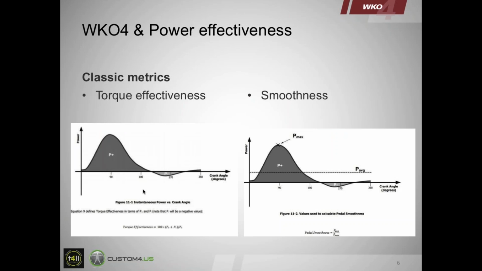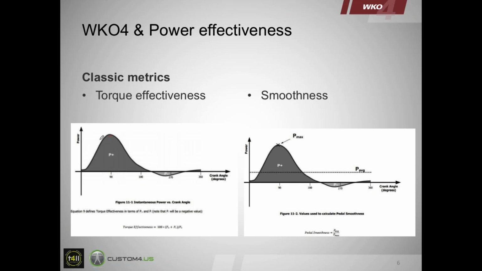So now we are going to explain two classic metrics of pedaling that everyone who has a dual power meter can see in the analysis of the workout, and these two metrics are the torque effectiveness and the smoothness. I think that everyone has read about this, but I'm going to explain just in case. The torque effectiveness is how much power you deliver to the pedal, pushing it forward, and it's calculated with